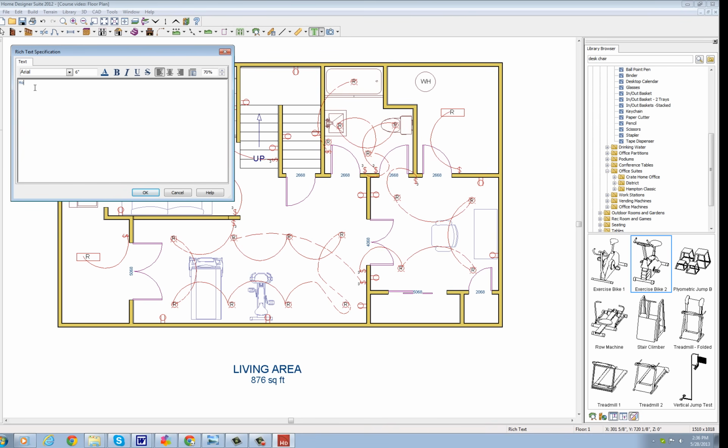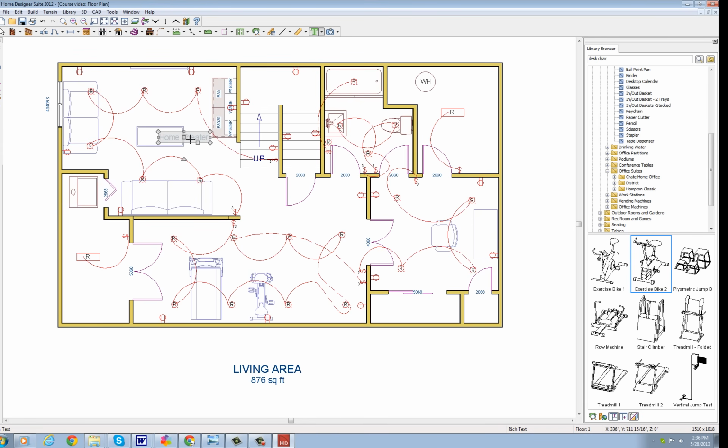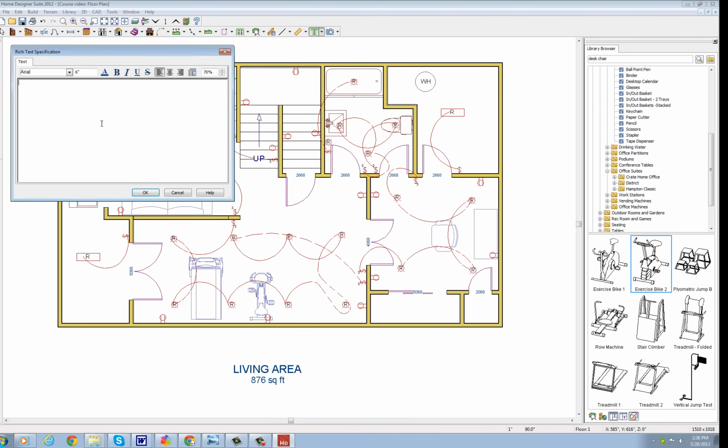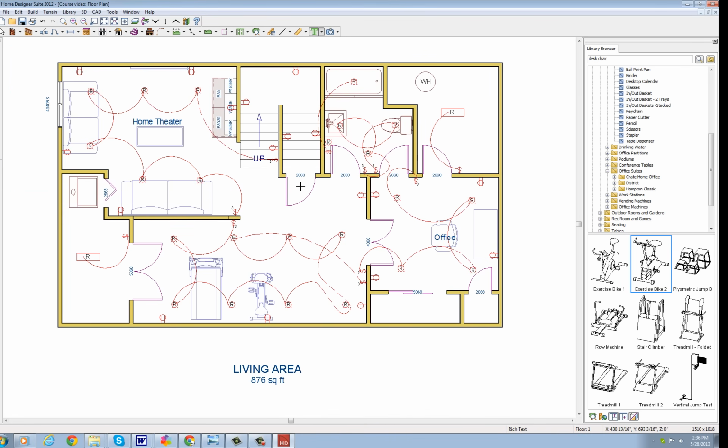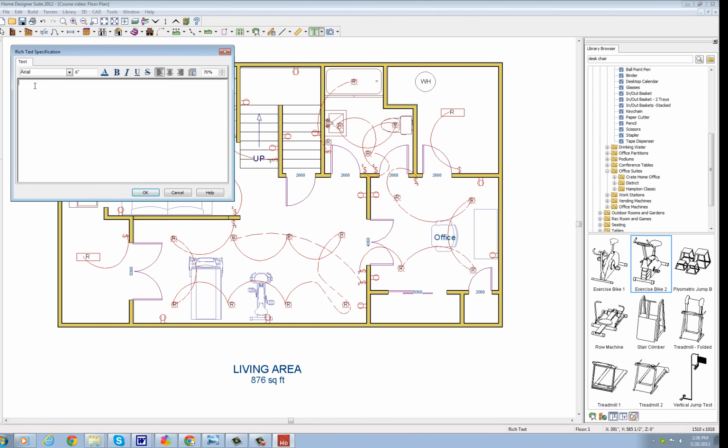This is the home theater, so I'm going to put home theater in there. I'm going to change the 6 to a 10 and click OK. And there's home theater. I can left click it, I can move it around and put it where I want in the room. That looks good. All right, office, left click, and office. And then we'll put 12, see how big that makes it. That's good right there. Exercise area, left click,